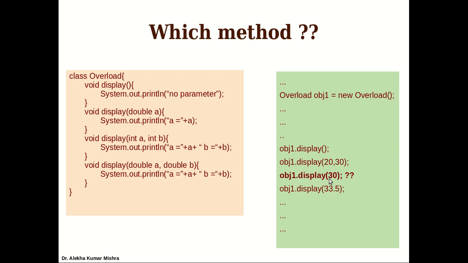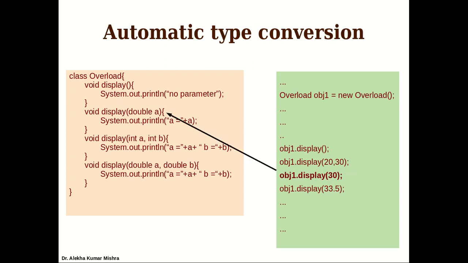What does Java do in this moment? Definitely we think that there may be an error, but these cases are handled by automatic type conversion. Whenever the data type can be promoted to a higher type, and we have a method accepting a higher-size type that matches the invocation, then the method can be called. A type conversion with a promotion to a higher level can be done.